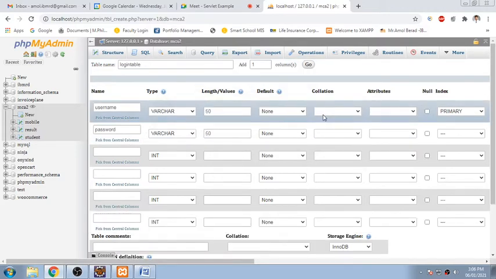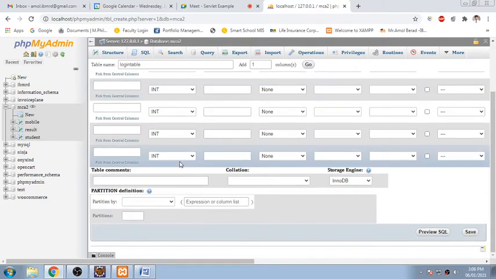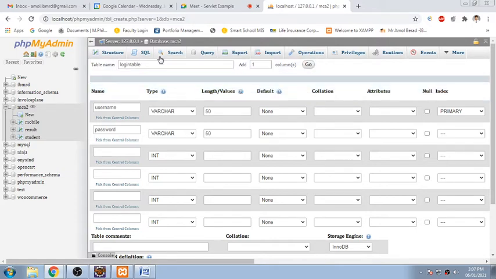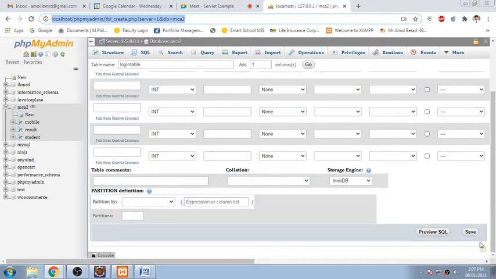Processing request. So a preview query will be there.